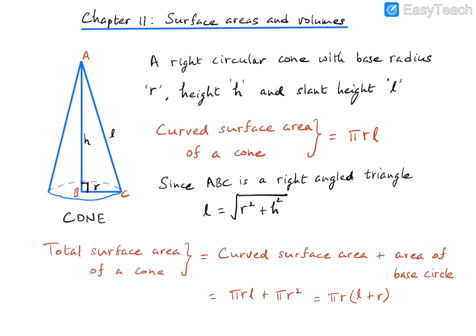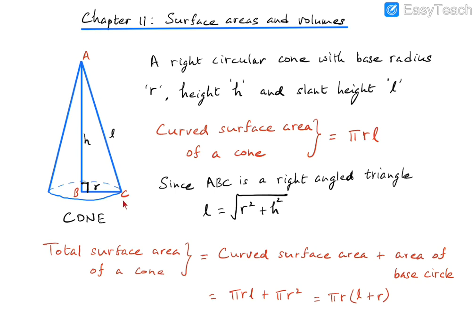shape. Okay, so the cone can be formed by rotating a right angle triangle along the height, and it forms a three-dimensional object called the cone. Okay, a conical shape is formed. So the point A is called the vertex of the cone, and the base of the cone is circular in shape. So the cone will have the radius of r at the base, and it has a certain height which is from the center of the base to the vertex of the cone,